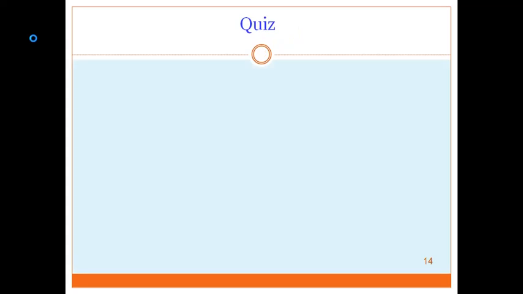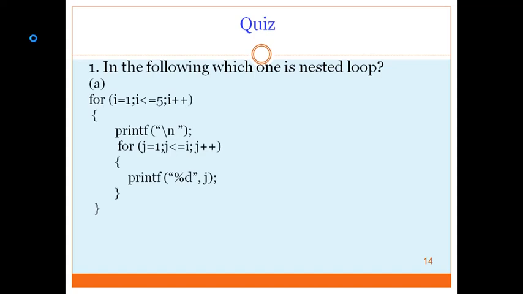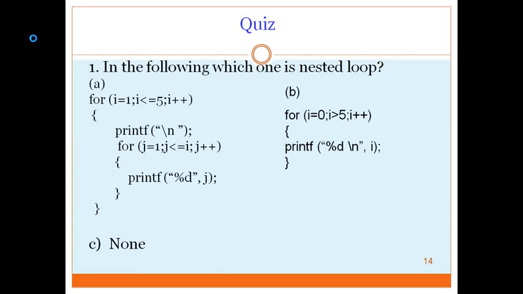These are some questions. In the following, which one is a nested loop? You see the options: option A, option B, option C. Which one is the nested loop? If you observe option A, two for loops are there.